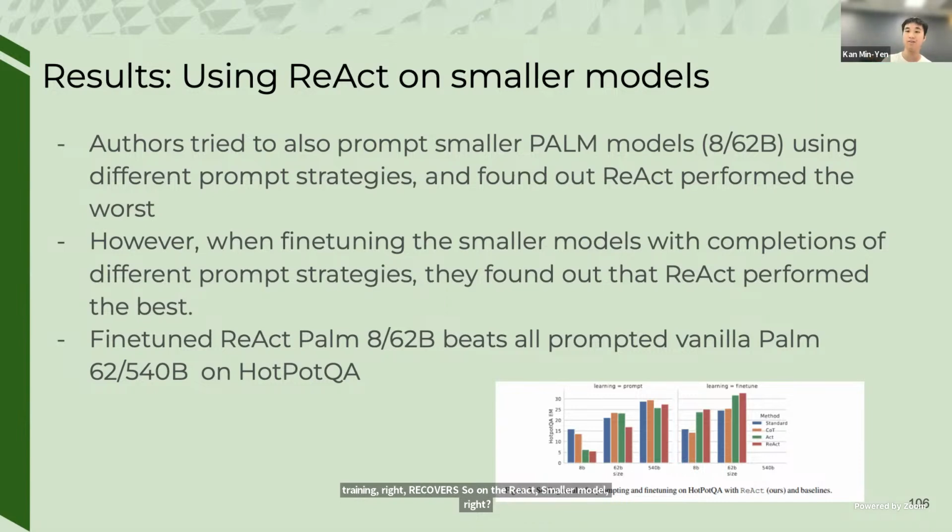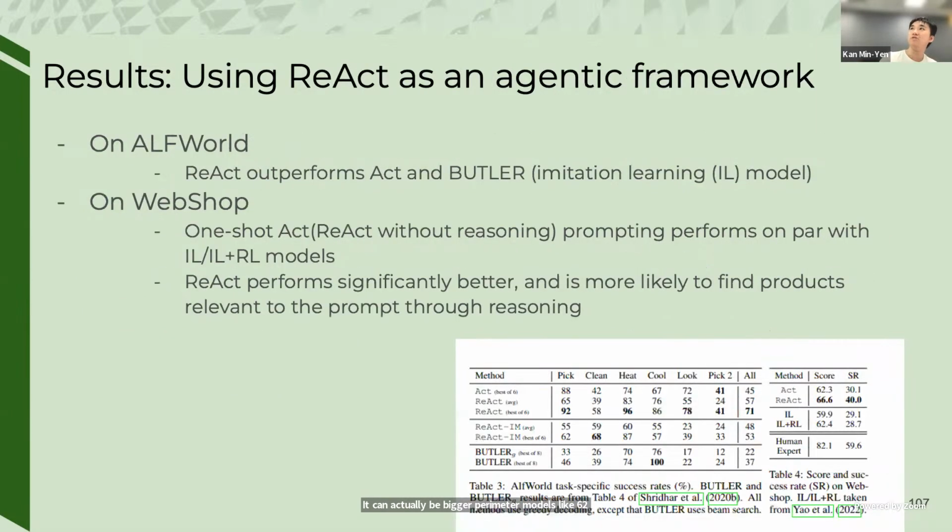And the 62 billion parameter vanilla PaLM can actually beat the 540 billion parameter vanilla PaLM. So actually that's a very cool insight. And the last part I want to talk about is using ReAct's agentic framework, because agentic large language models